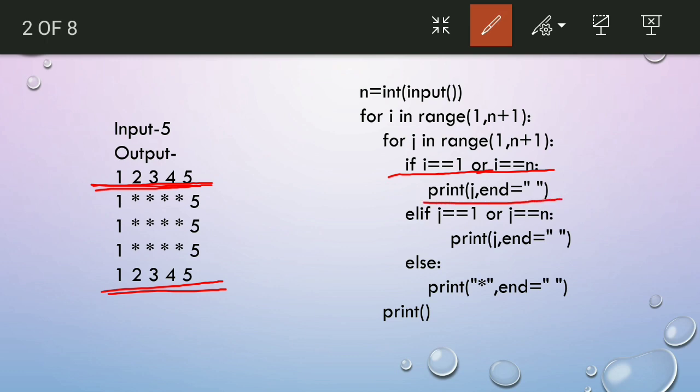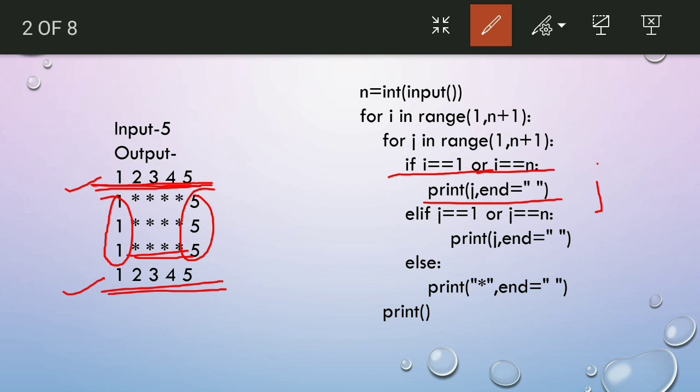Other than that, if this is not the first row and not the last row, then we need two conditions: if it is the first column or the last column, print the j value. Otherwise we print the star.